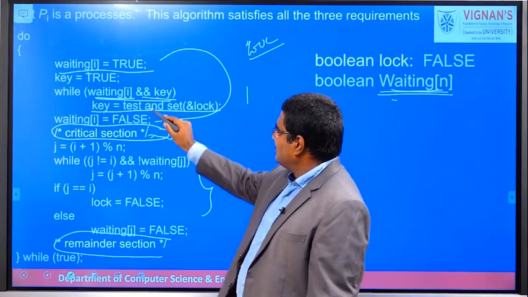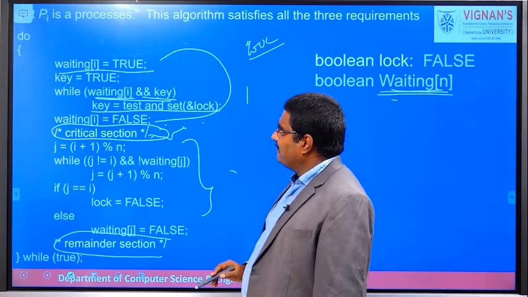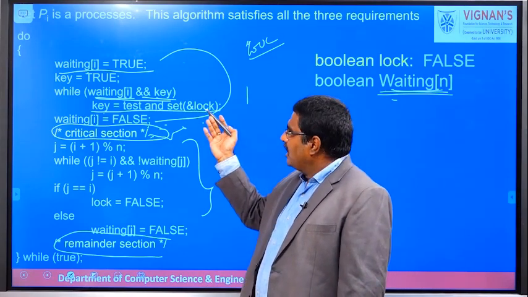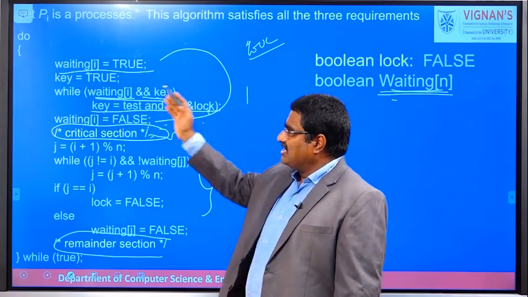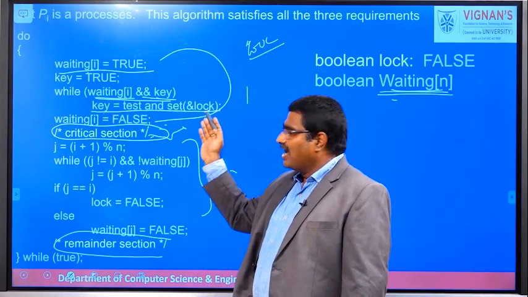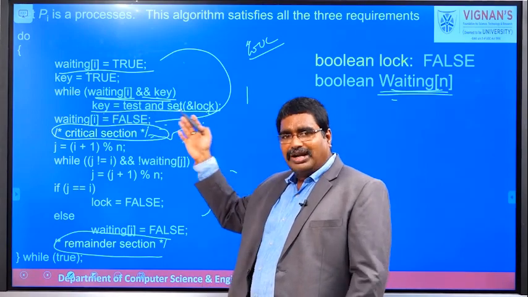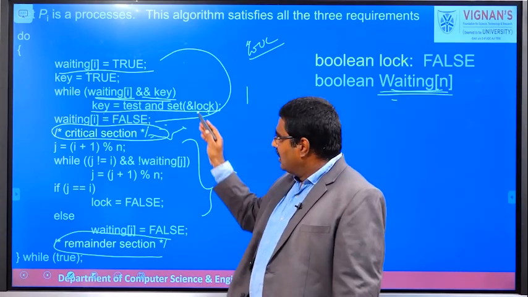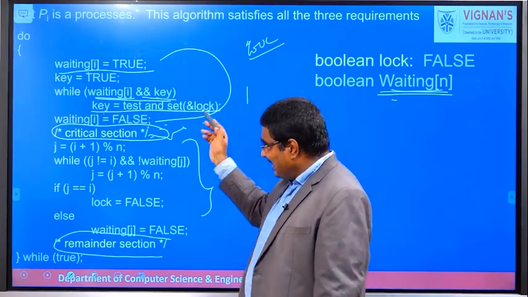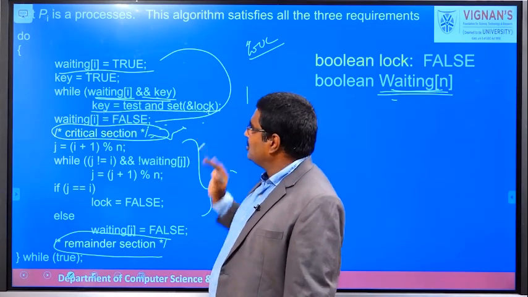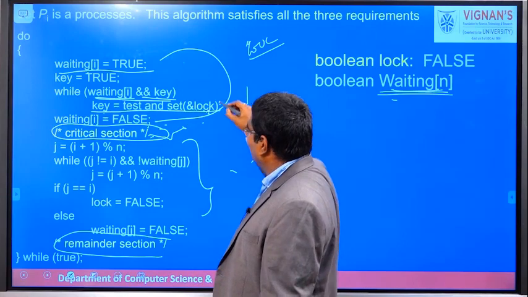It is simply called the test and set, with the lock passed by reference. What is the role of the test and set? The lock is a Boolean variable, and whatever value it currently holds is assigned to the key, and the lock value is changed to true. If it is already true, it returns true, and the lock value is not changed; it stays true. If the lock is false, then it returns false to the key, and the lock is changed to true. So, this is used for the